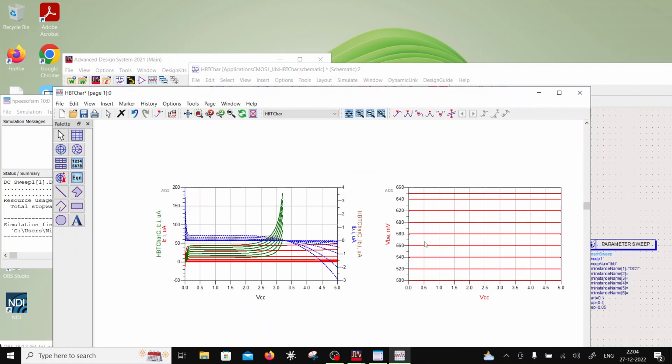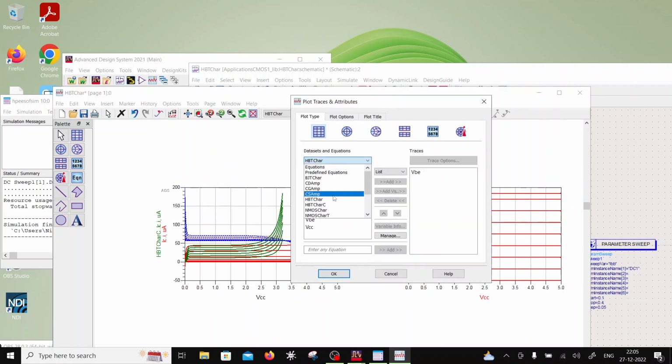Now at the same time, you should also observe what VBE is when you bias it with the current source, and it should follow the same IC characteristics, because once you fix the base current, which is mostly the whole current, that means that you have fixed the slope of minority carriers in the base. Okay, so when you have fixed the slope of minority carriers, then under breakdown the VBE has to shoot up. So as you keep increasing the collector current beyond 2.5 volts, the VBE is going to shoot up,